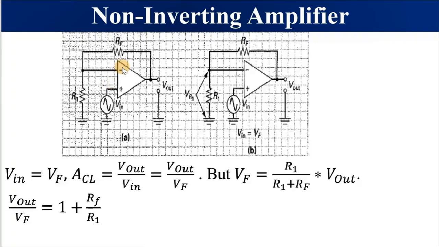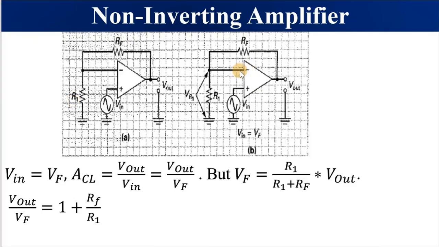This is a non-inverting amplifier. Please take note of the two types of inputs of an op-amp. They are called inverting and non-inverting. So this is called non-inverting. Why? Because our input signal Vin is applied to the non-inverting input, and the inverting input is connected to ground through R1. Please take note of the following analysis.